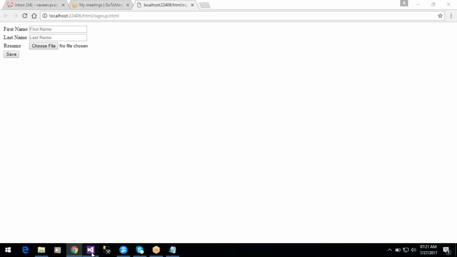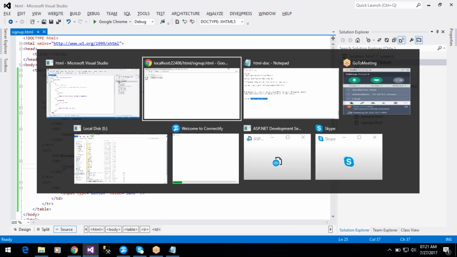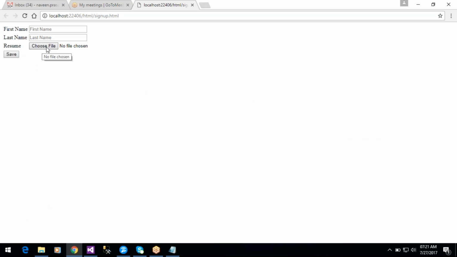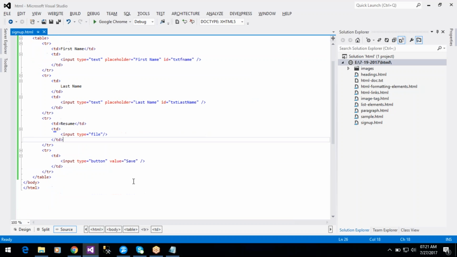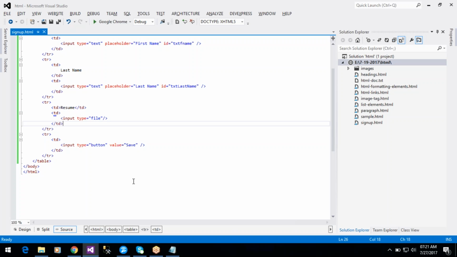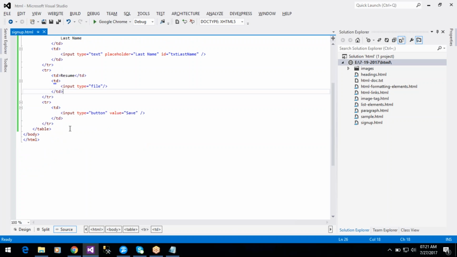So we need to write backend code to submit the file, to store the file in the server. The developer needs to write the backend code to save the uploaded file in the server. And the next control is